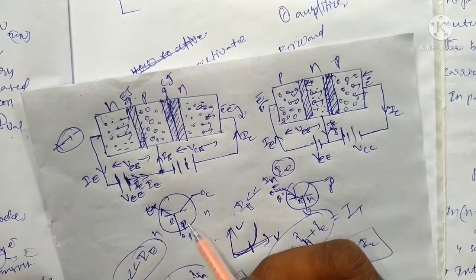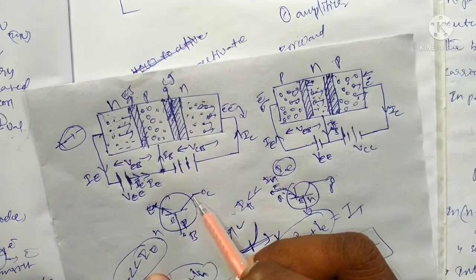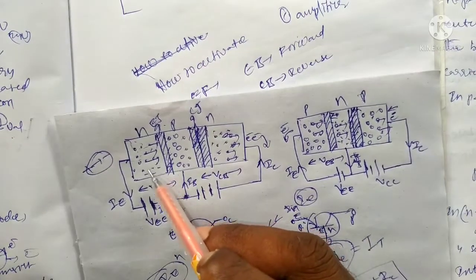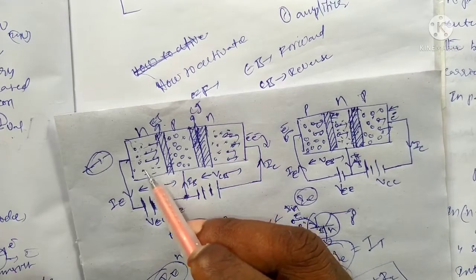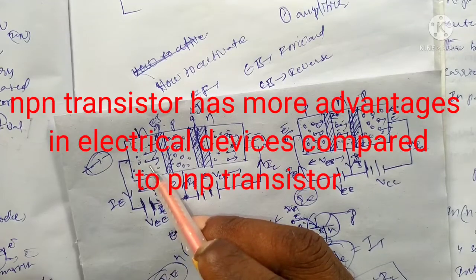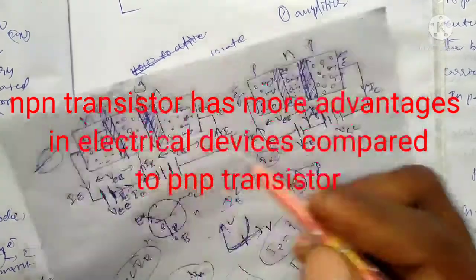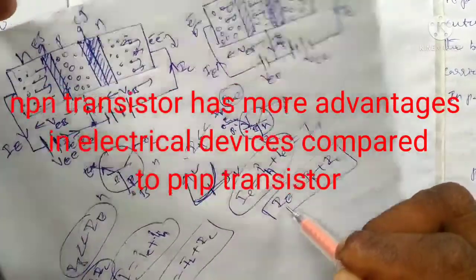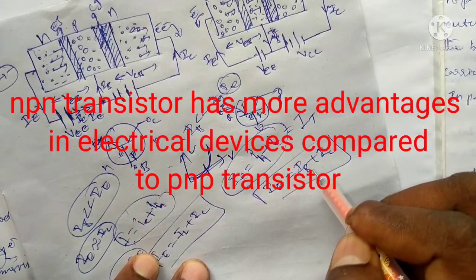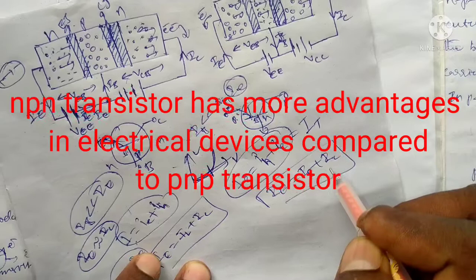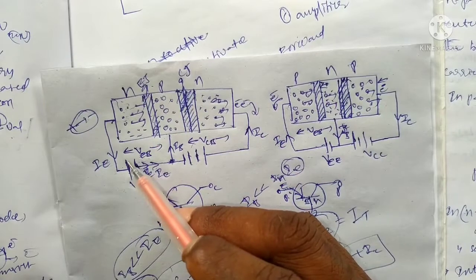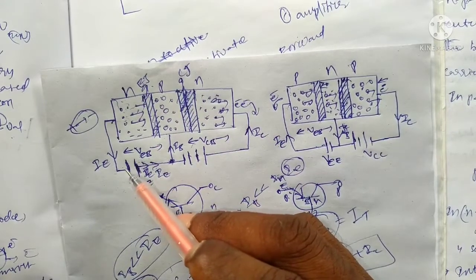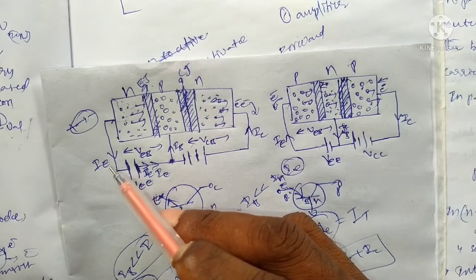Okay, the emitter base junction is forward biased, because it is highly doped and has more charge carriers. Electrons are the mobile charge carriers, because they have high mobility, that means high charge carriers, and it gets a high current. The high current is the total current, and it is divided into two parts, that is base current and collector current. So the emitter base junction is forward biased, and it gets high current and conductivity. This junction acts as a low resistance circuit.